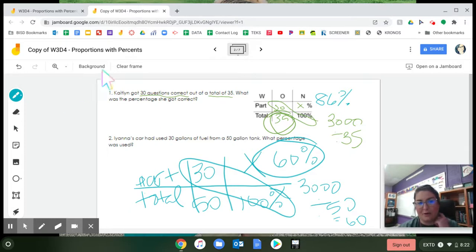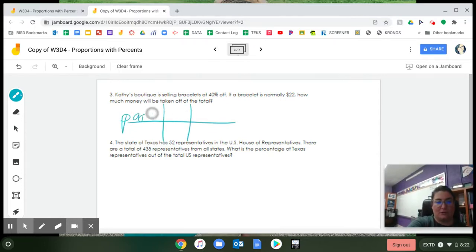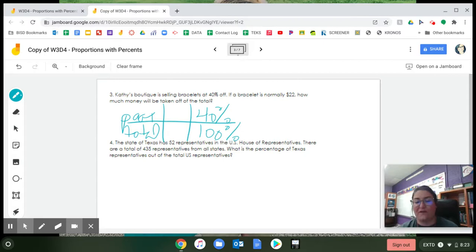I'm going to do another problem where they actually give you the percent. Let me find one. Okay, here's a good one. Number 3. Kathy's Boutique is selling bracelets at 40% off. If a bracelet is normally $22, how much money will be taken off of the total? So I'm going to set up my part and my total. I'm solving for 40% off out of 100%. The bracelet is normally $22. So you have to think in your mind,